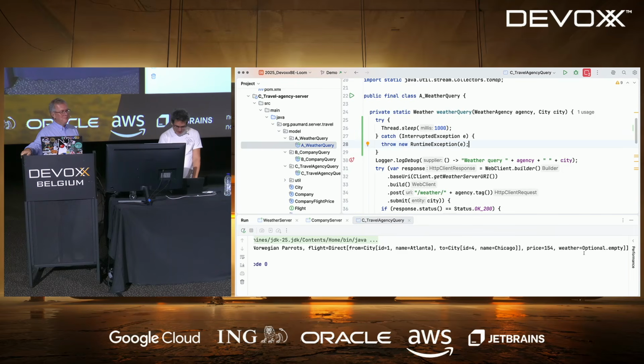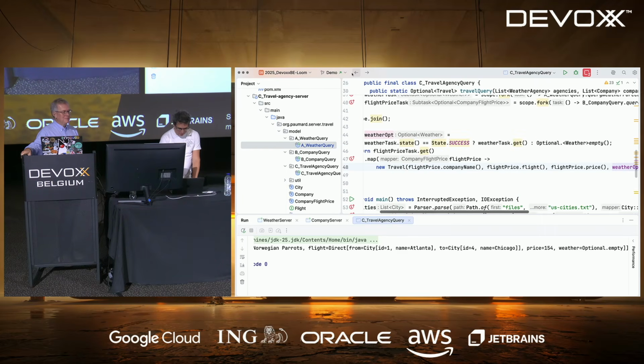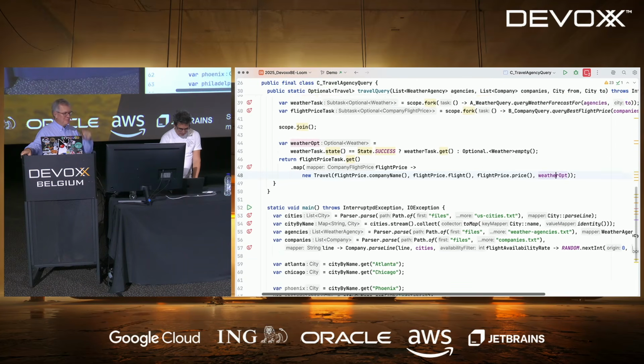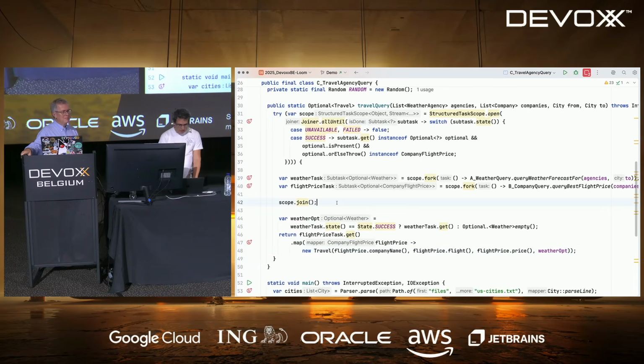So in that case, I can see that the weather is empty because in my structured task scope, I will not wait for the result. So it means that if I have several tasks that work the same way, I can use the result of join and get the list of the tasks.